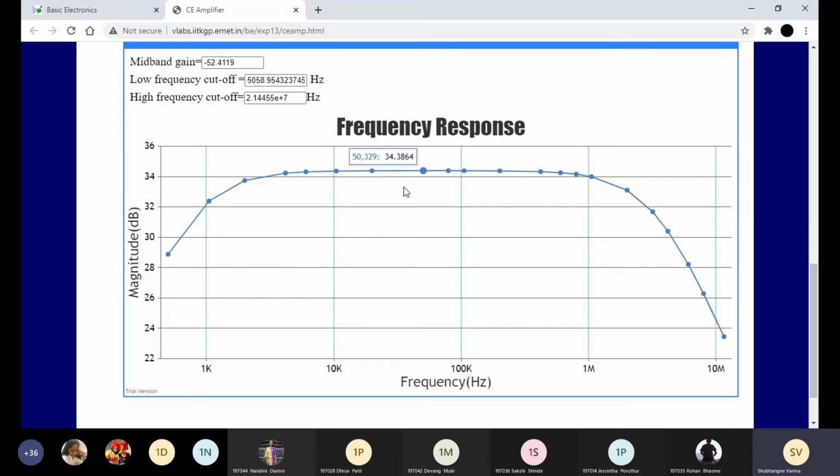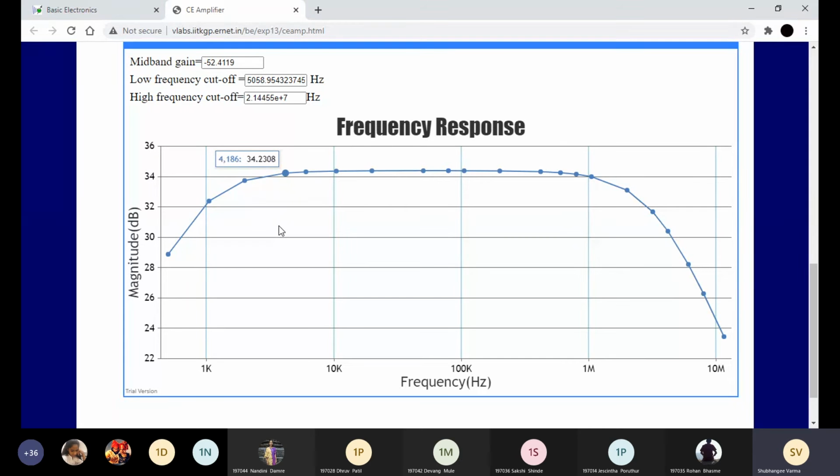Okay, or you can find it by multiplying 0.707 into AV max. So multiply 34.38 into 0.707.